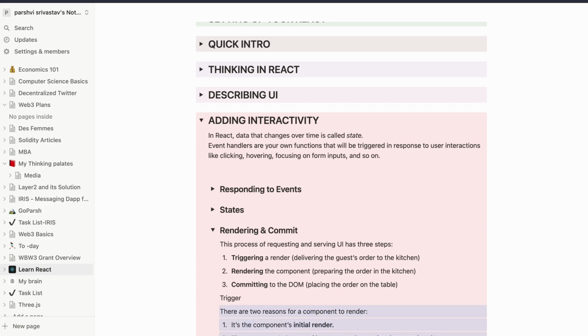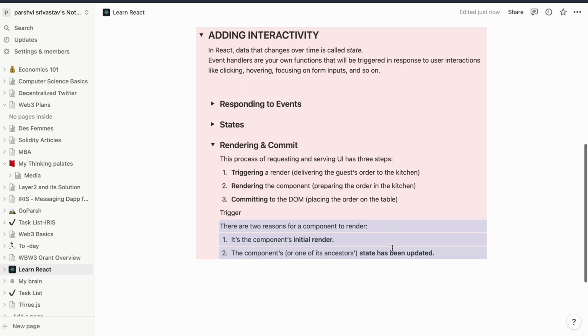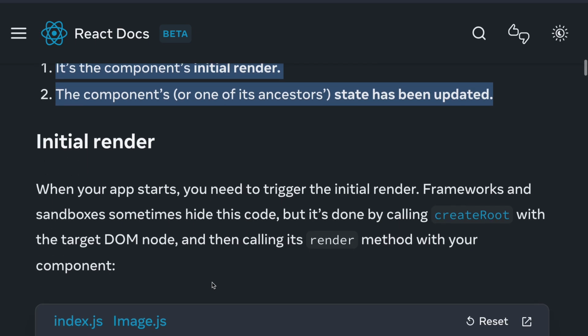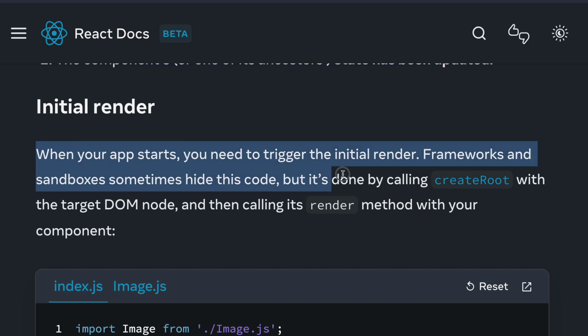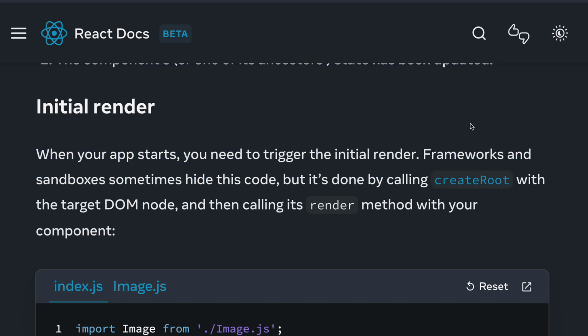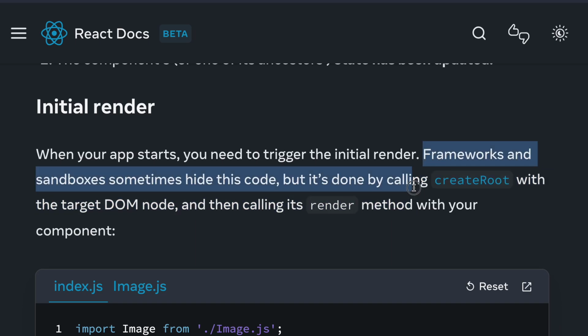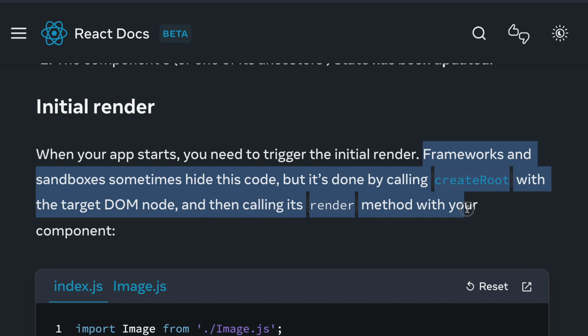Trigger: there are two reasons for a component to render, the initial render and when the state has been updated. Now let's see what an initial render is. Initial render is when your app starts. Whenever you place your component on the screen, the framework and sandbox sometimes hide this code, but it is done by calling create root with the target DOM node,